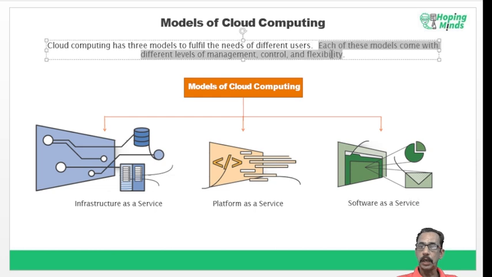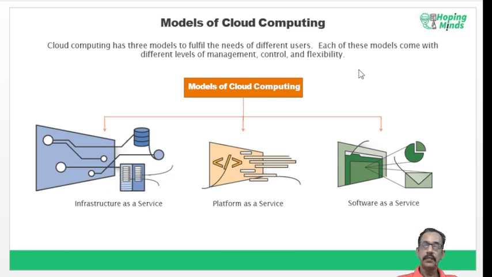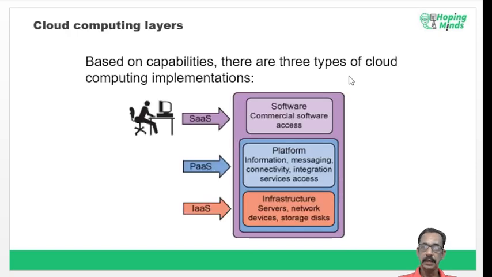Each of these models comes with a different level of management, control, and flexibility, which I will discuss one by one in the upcoming slides.